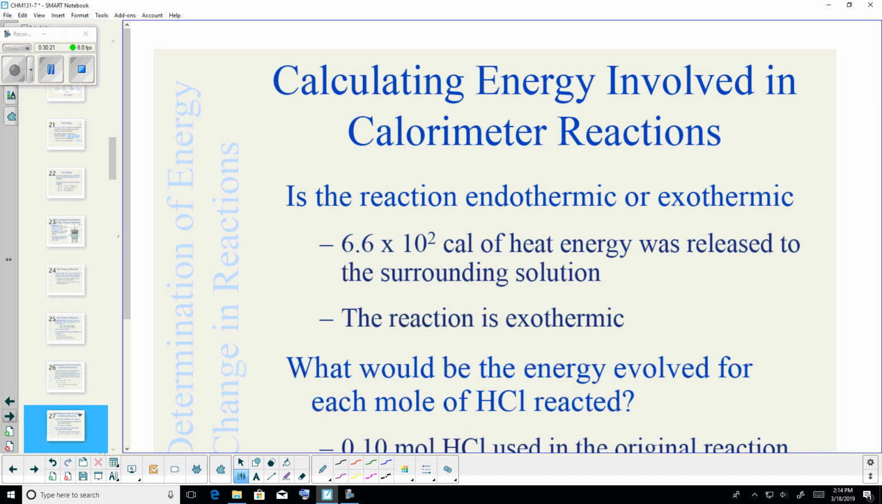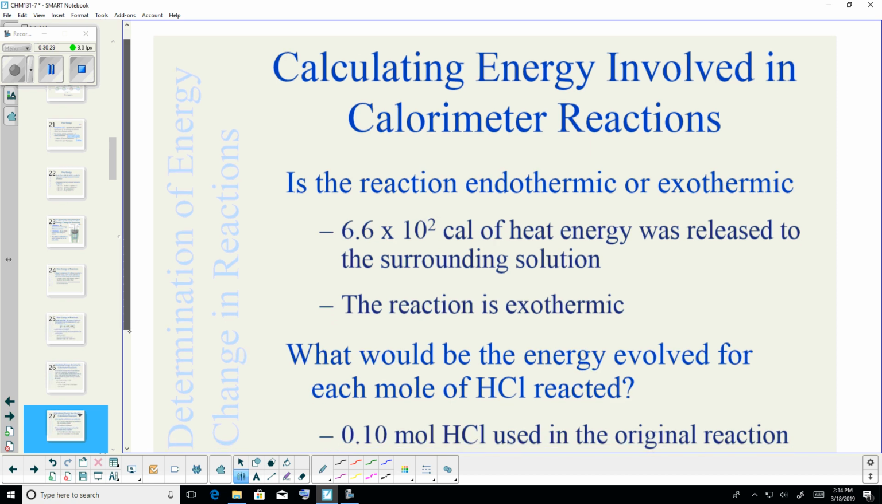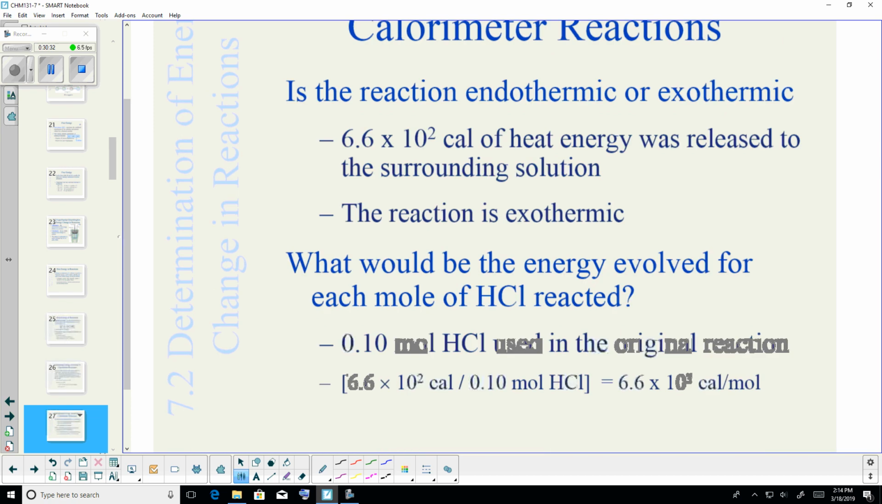So this reaction, since it was positive, it gave off heat. The reaction was exothermic. The question would be, what would the energy evolved be for each mole of HCl reacted? Well, we had 1/10 of a mole in the reaction. So if it was 660 calories per 1/10 of a mole, it's 6,600 calories per mole. You would take it and divide it by the amount. Because this was generated by 1/10 of a mole of HCl, for a mole it would be 10